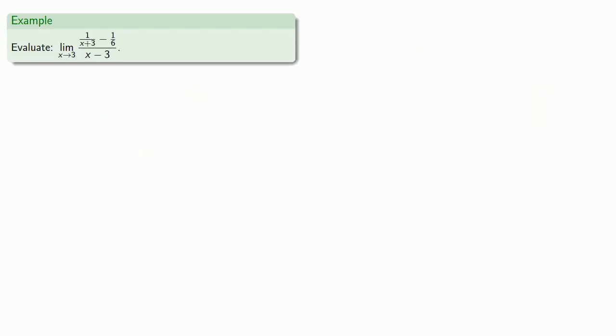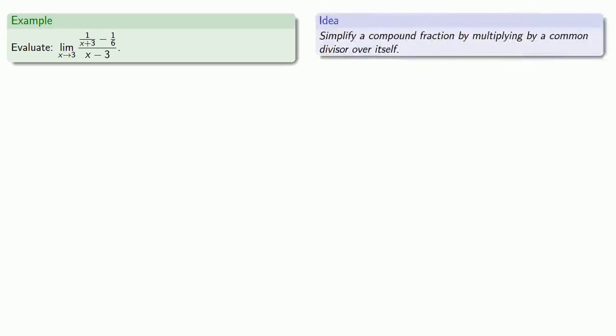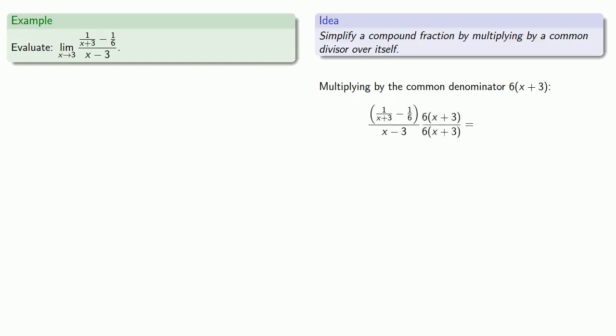Another important algebraic case occurs when we have a limit of a compound fraction. And here, an algebraic simplification that we can do is to simplify a compound fraction by multiplying by a common divisor over itself. In this case, the reason that we have a compound fraction is that we have a numerator where we have fractions with denominators x plus 3 and 6. And a common denominator of x plus 3 and 6 is going to be 6 times (x plus 3). So if we multiply our fraction by 6 times (x plus 3) over 6 times (x plus 3), we'll get